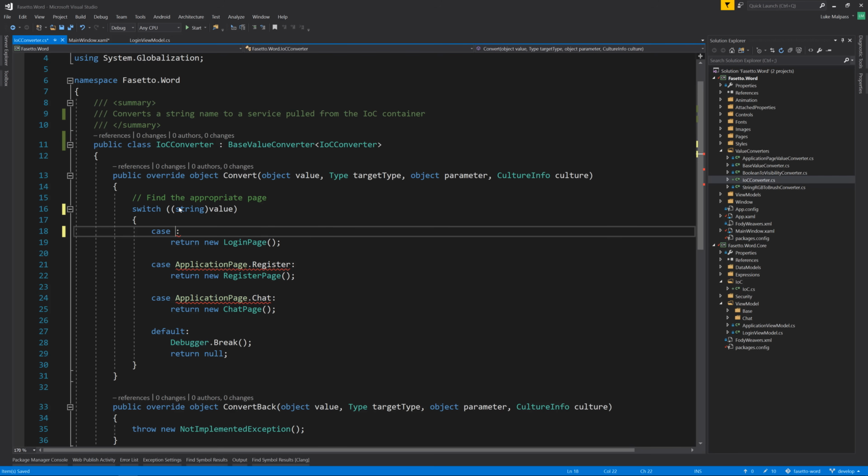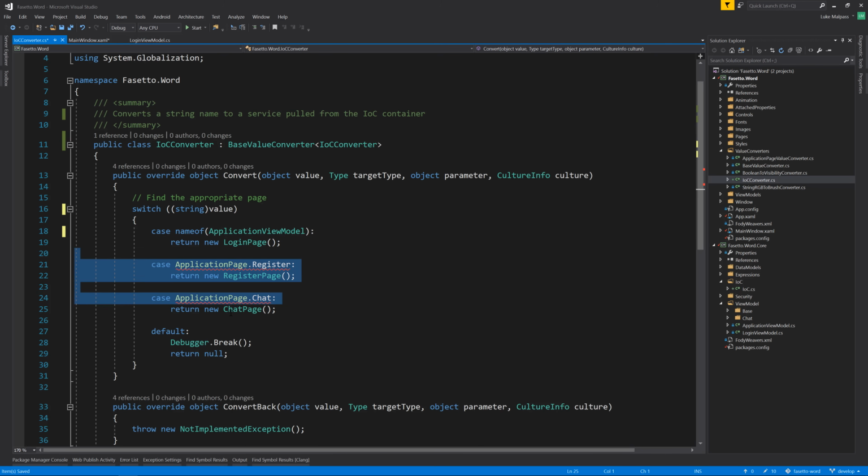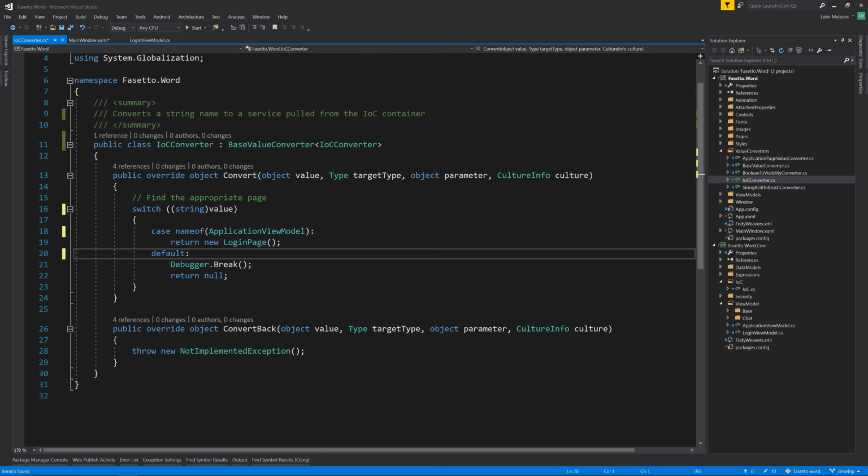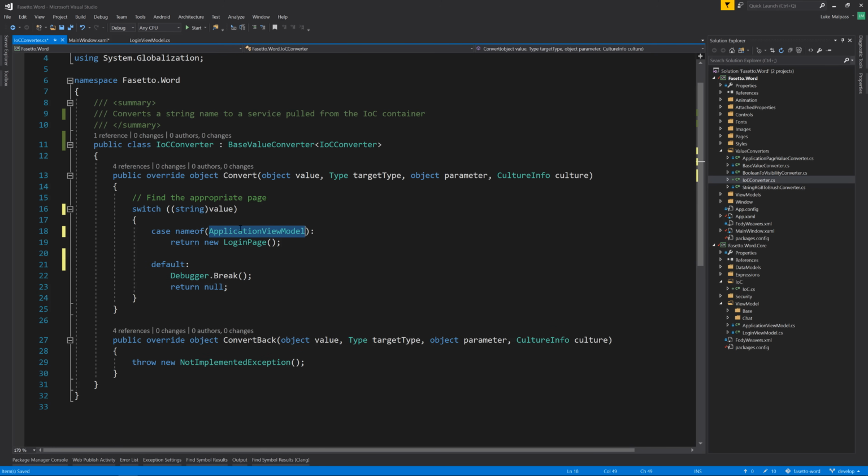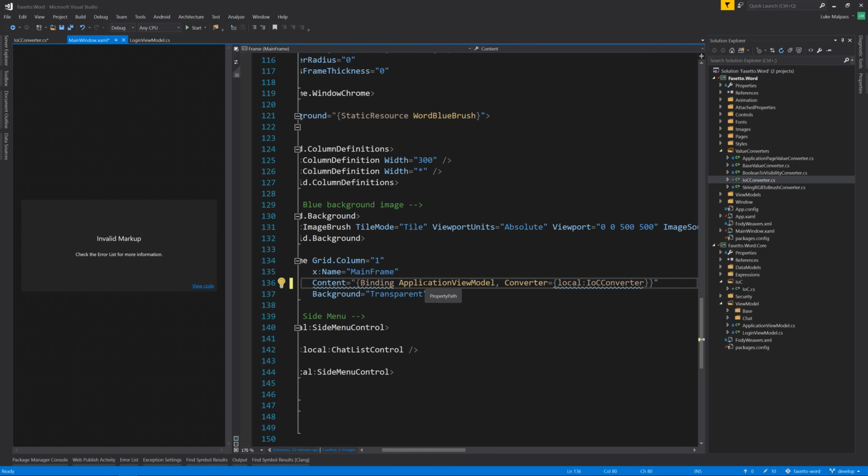or in this case actually application view model name of. So at least if we rename it, that'll rename. And that is not a very nice way of doing it yet, because that relies on us then having to add this everywhere as opposed to just finding by name. So we'll improve on this, but for now, we'll basically take in this string name and parse it, application view